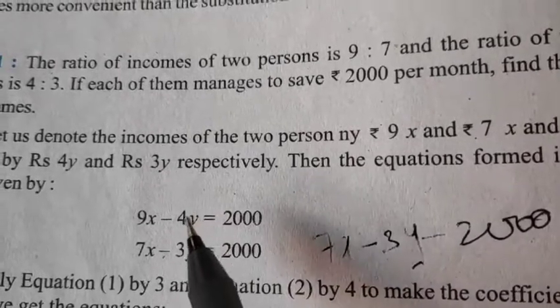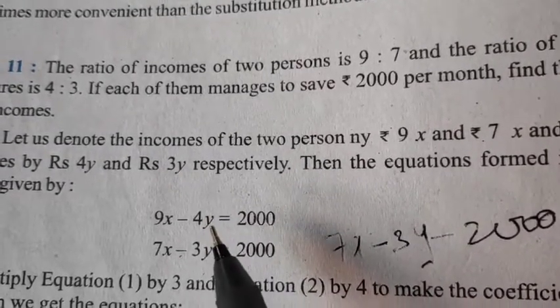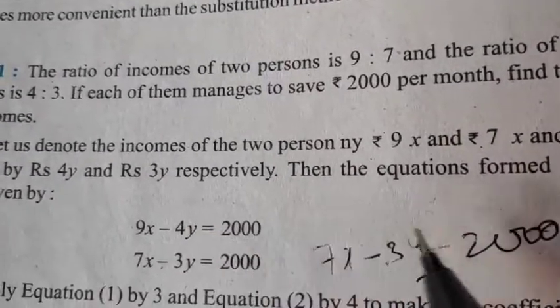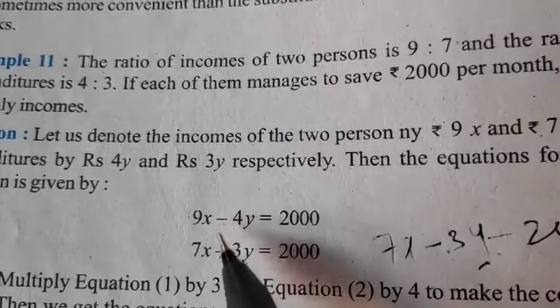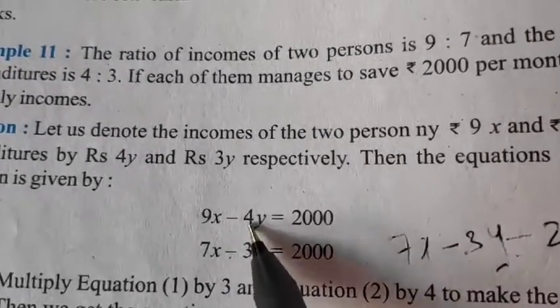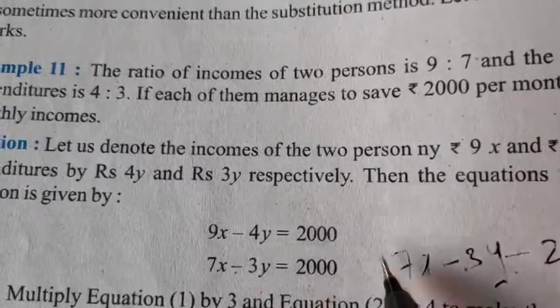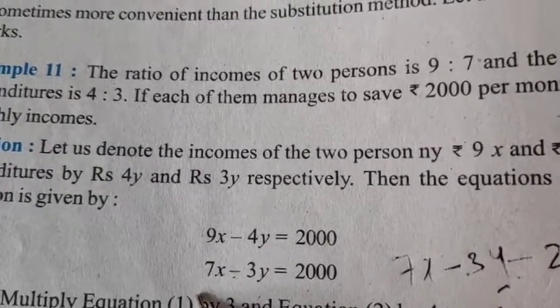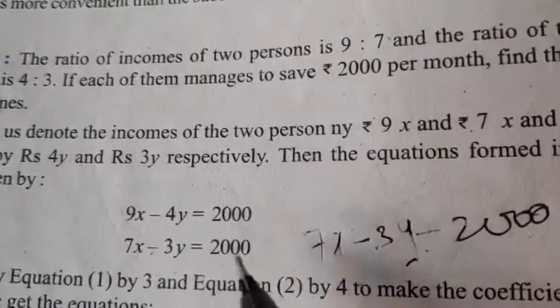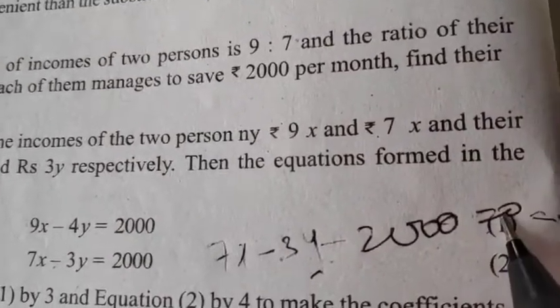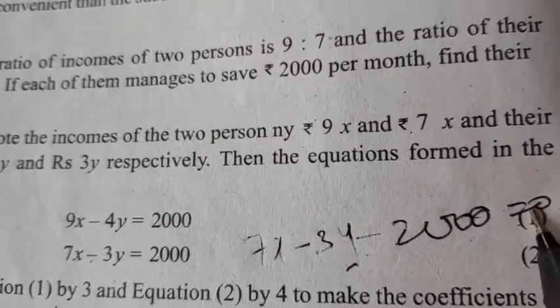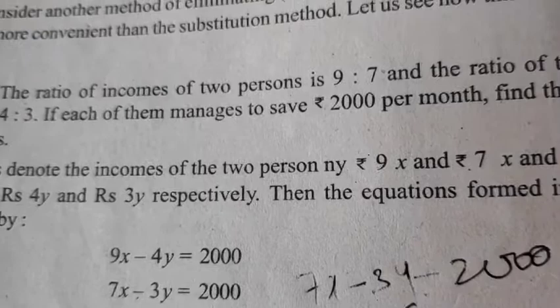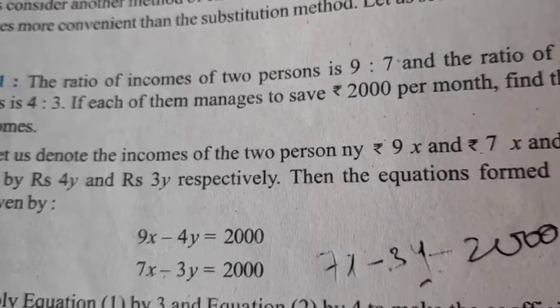So the condition for the elimination method is both the equations should not be in different format, they should be in the same form. You can take both the y's on the other side, no problem, with only x on one side, then also it will do. You can keep both the equations as equal to 0 form, that will also do. So what is the main essence I told you? Equation in the same format.